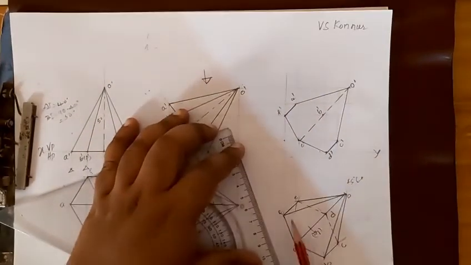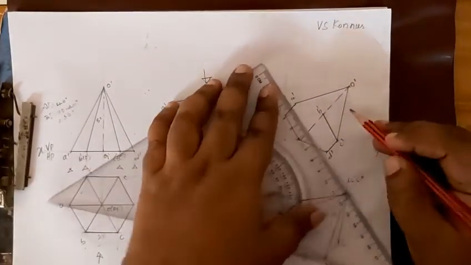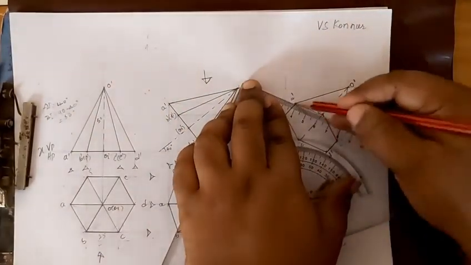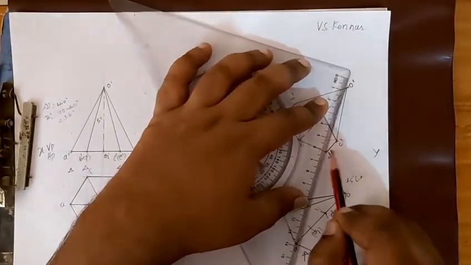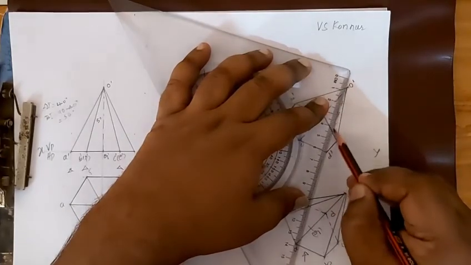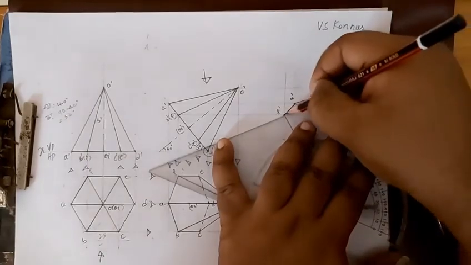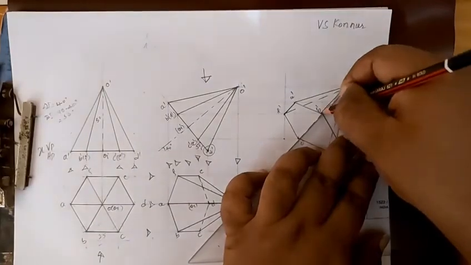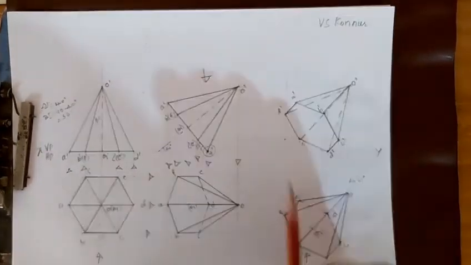When you are viewing from this side, the complete base is visible, so we'll join the base first. And then the points which are inside are also dash lines. So these points will come inside, so these are also dash lines. And B is continuous. A very small distance you will get, so B is also continuous. So these three lines you will get as dash lines in this problem.